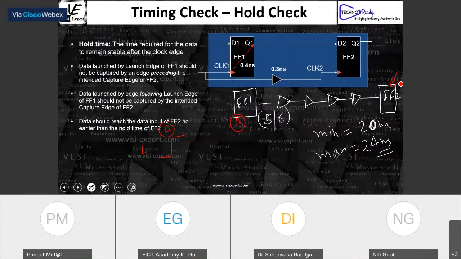You have to reach the airport by 9 at any cost, because if you do not reach, then you will miss the plane. So can any one of you type in the Q&A and tell me which time you are going to consider for your analysis? You have to reach by 9, minimum time it will take 30 minutes, maximum time 45 minutes. By when will you start from your home? Can you just type and let me know?